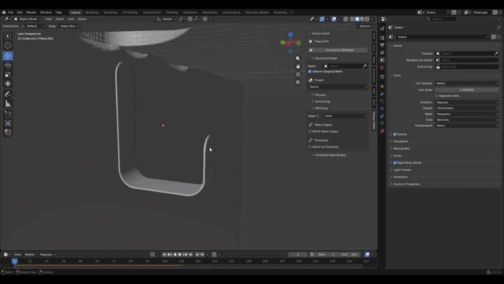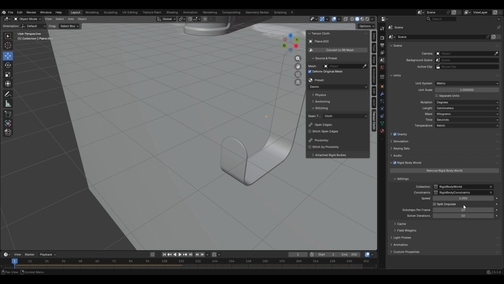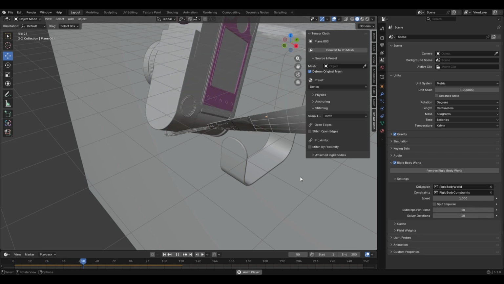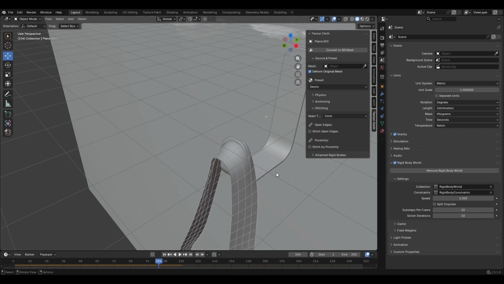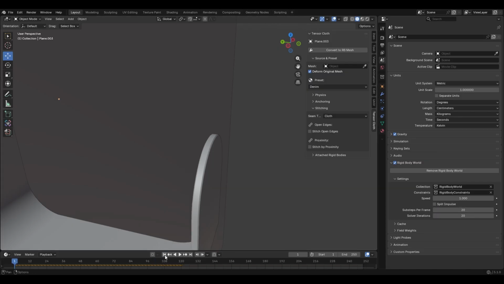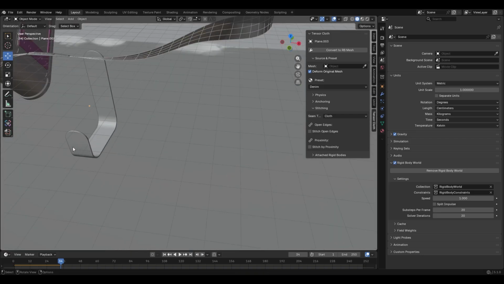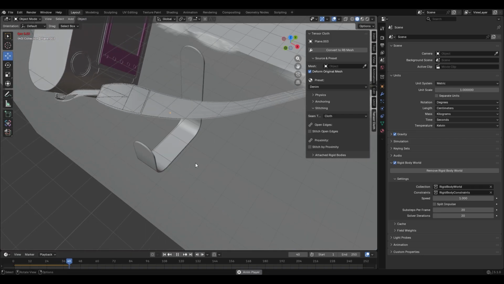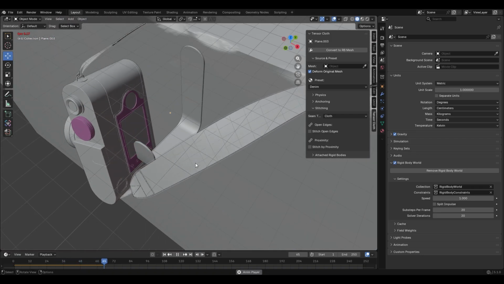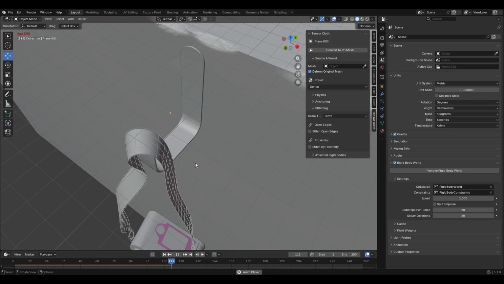Now we notice a problem, but it is easy to fix. The strap is passing through the attachment hardware. Simply go to the Rigid Body World panel in Blender and increase the substeps per frame and solver iterations values. As you can see, everything is now correct. If there is still slight clipping, you can also adjust the collision margin of the attachment hardware, since it is